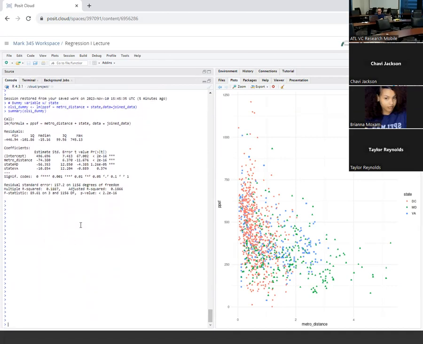Okay. All right, so does anyone want to give a crack at telling me what's going on here? I guess we should start with the metro distance. Anyone have an idea what this is? How would you verbally describe what that minus 74 means, or what interpretation you would give it? Shavai? I would say that